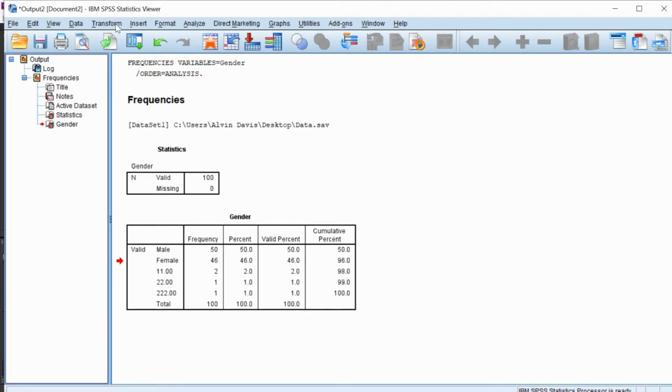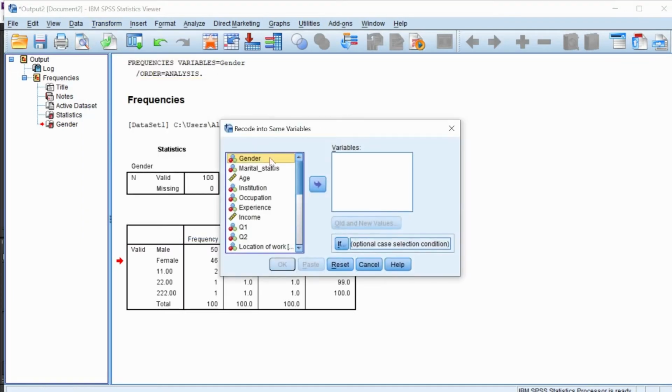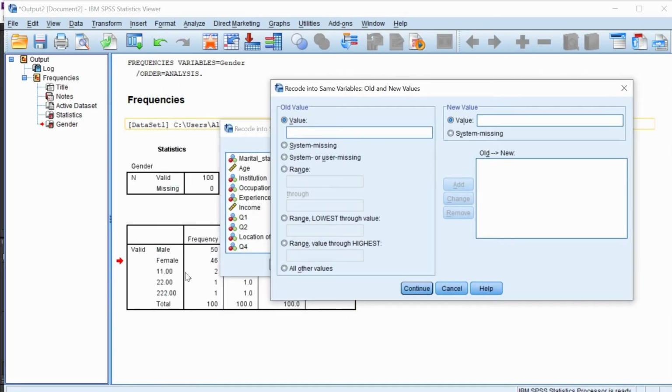Select main menu, Transform, Recode into Same Variables. Select gender, move to the right hand side. Click old and new values button. On the left hand side you have to enter unspecified values. On the right hand side, in which format you need to transform, you give the number. Now I want to transform 11 into 1. So I enter 11 on the left hand side, which means old value, and I am transforming 11 into new value 1. Then click add button